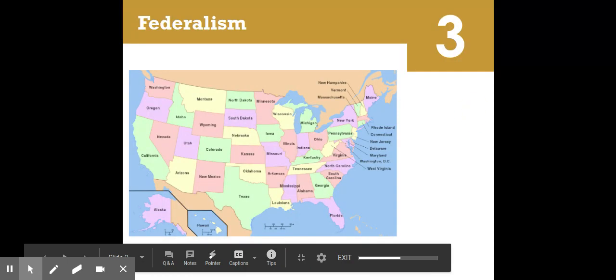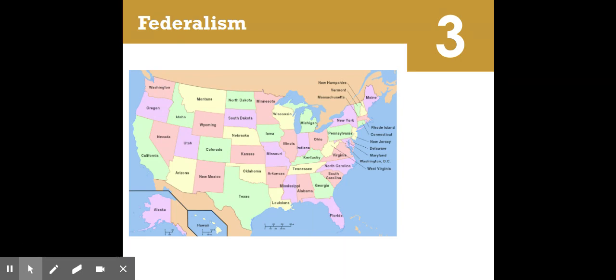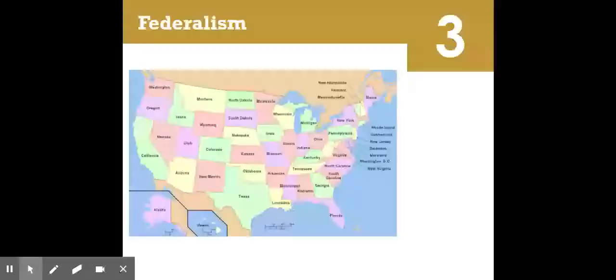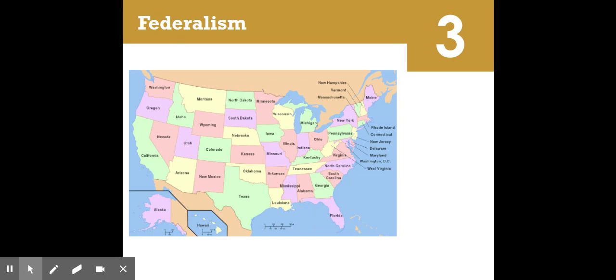Today we'll talk about federalism. Federalism is the system of power sharing that exists within the United States of America. In the Constitution, power is distributed between the federal government and the states. For the most part, a large amount of the state power comes from the 10th Amendment in particular, because it says that basically, any power not taken by the federal government in the Constitution automatically goes to the states.